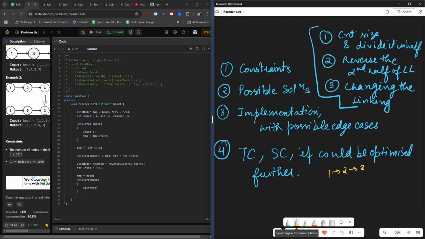1, 2, 3, okay, 6, 5 and 4. This is the reverse one, this is the forward one. Now how we need to change the linking would be that one need to point 6, right? Now the thing is that this particular also we should have control over this also, and we should have control